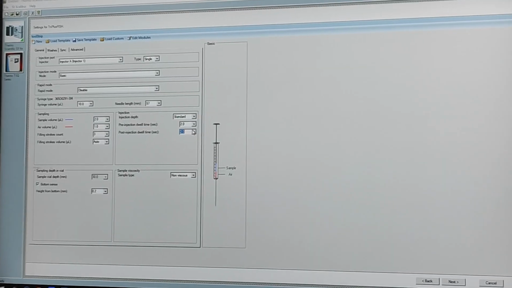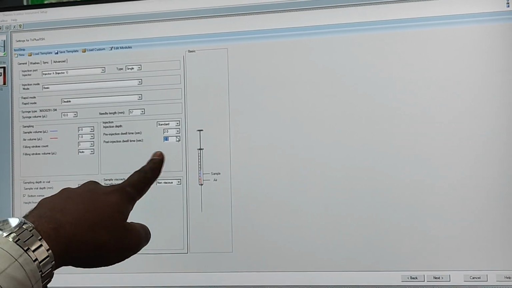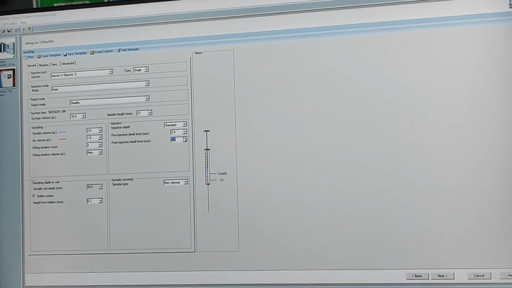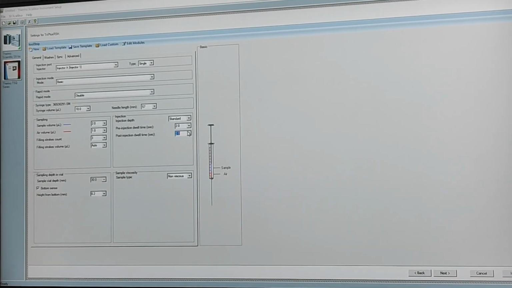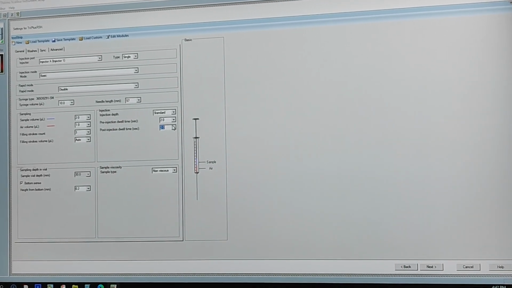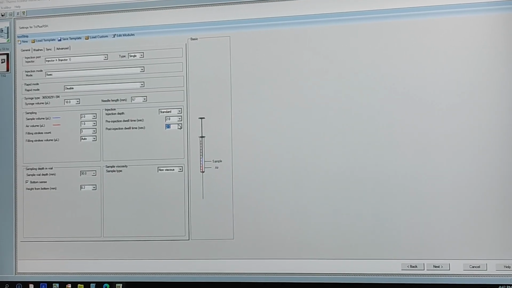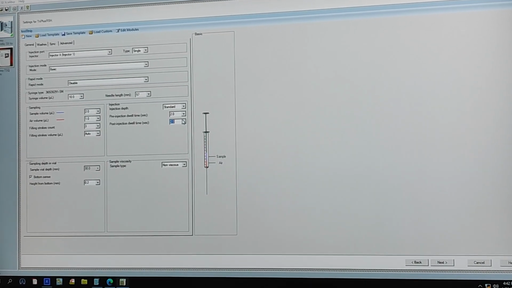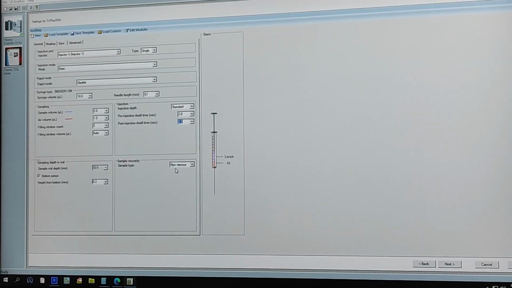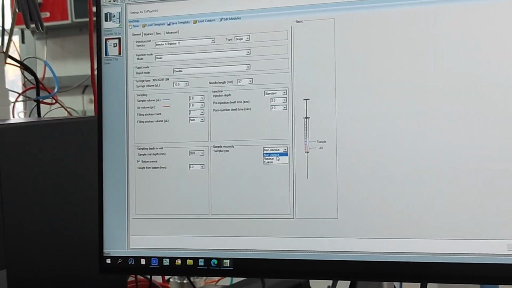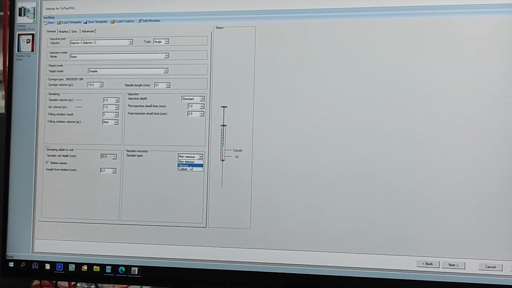Then after injection, there is the post-injection dwell time. After injection, immediately it will not come out. It will wait for another 2 seconds, and then later it comes out. Within that time, if there are any traces of vapors or liquid in the syringe, they will be dispensed out properly. And then viscosity. If you are injecting a sample that is slightly viscous in nature,